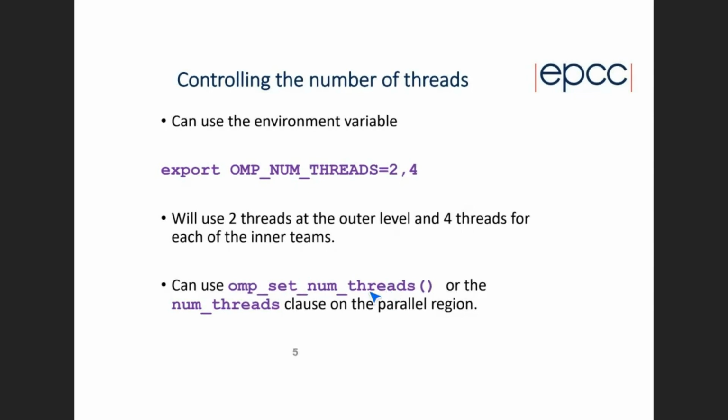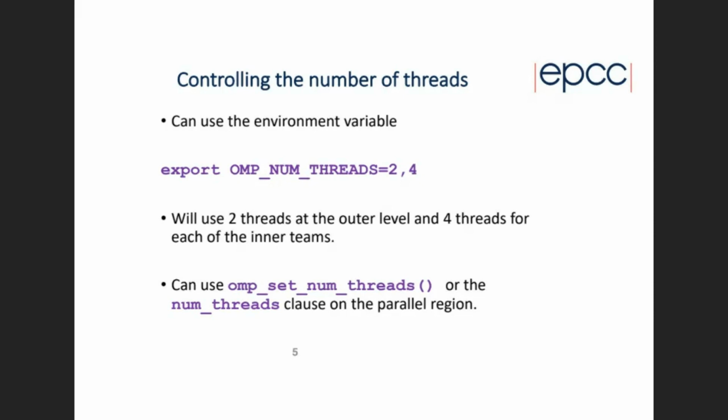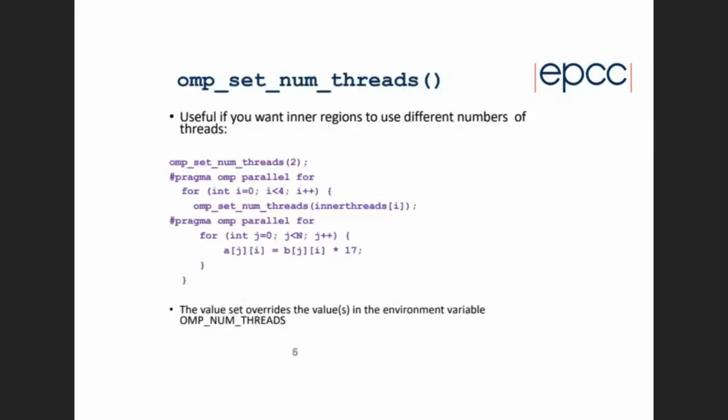Other mechanisms, if you want more control, are to use the omp_set_num_threads function or the num_threads clause on the parallel region. So let's have a look at another example that uses those. These are useful if you're in a situation where you want your inner regions to use different numbers of threads. So, for example, I could say,